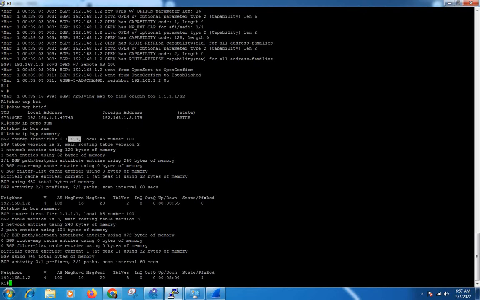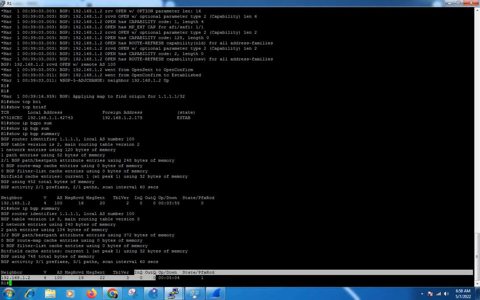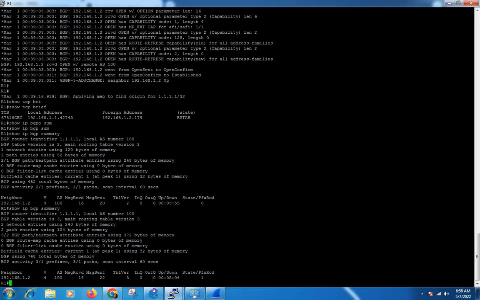Router ID is 1.1.1.1, then the local AS number, and messages sent and received. Table version is 10; when we make any changes, it increments by 1. In queue and out queue we use for BGP troubleshooting. Uptime, you know.